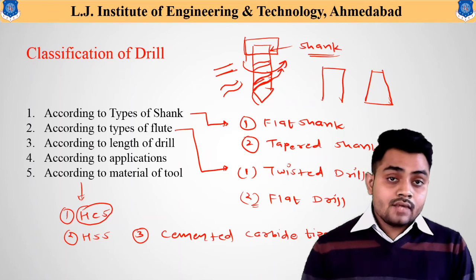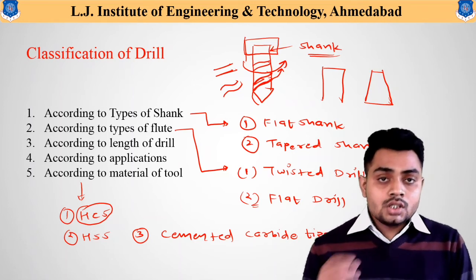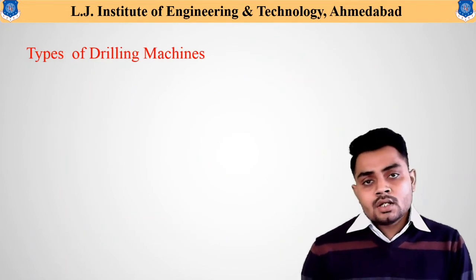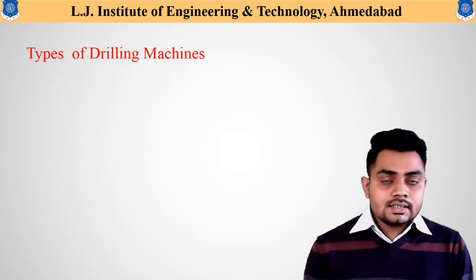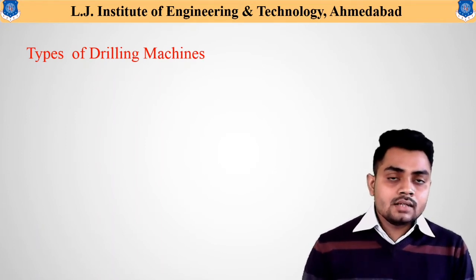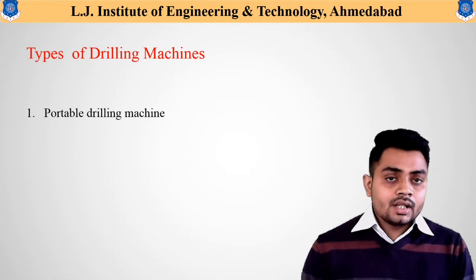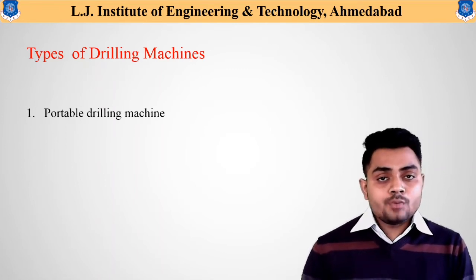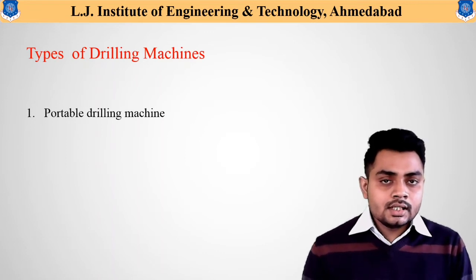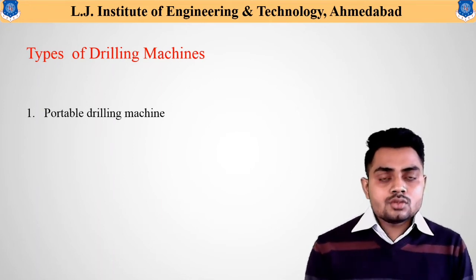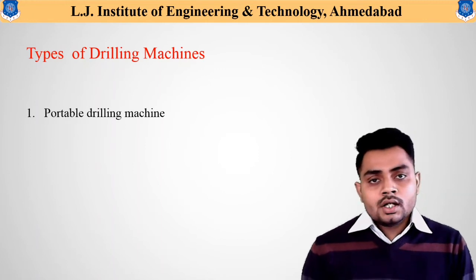Now, as there are varieties of drills available, to use these drills there are varieties of drilling machines also available. So right now we are just listing the important types of drilling machines. The first drilling machine is the portable drilling machine. I hope you have all seen the portable drilling machine, which is used mostly for mounting certain designs on the wall. To mount those designs on the wall, a hole needs to be generated in that particular wall, and for that, these portable drilling machines are useful.